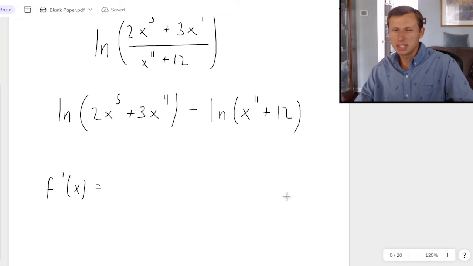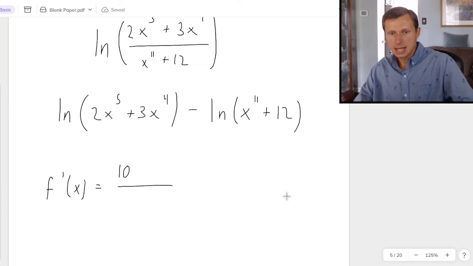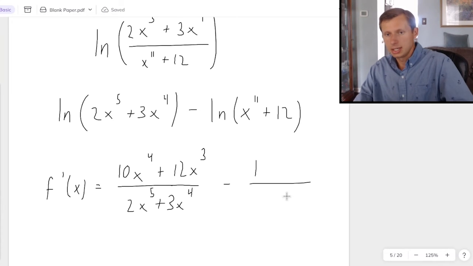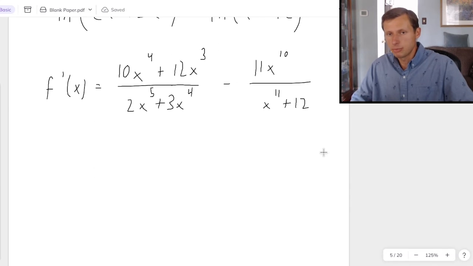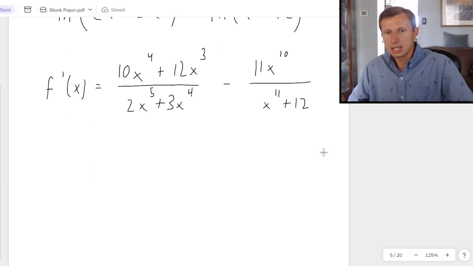And then when it's time to take the derivative, I would say numerator is going to be, derivative of this is 2 times 5, 10x to the 4th plus 3 times 4, 12x cubed, divided by 2x to the 5th plus 3x to the 4th, and then minus, it is 11x to the 10th divided by x to the 11th plus 12. And in case you're curious, we can simplify the first one because all of these things have an